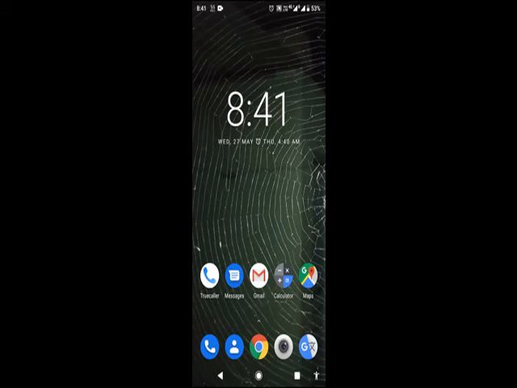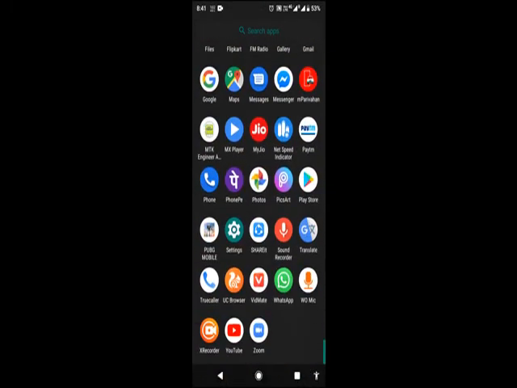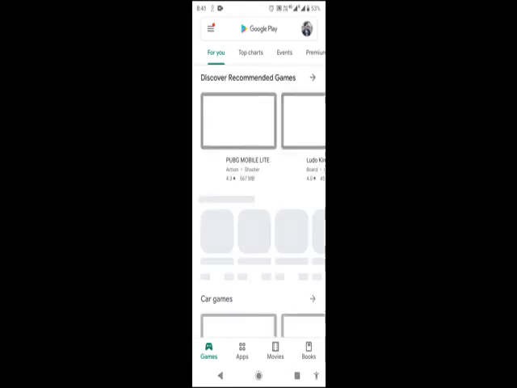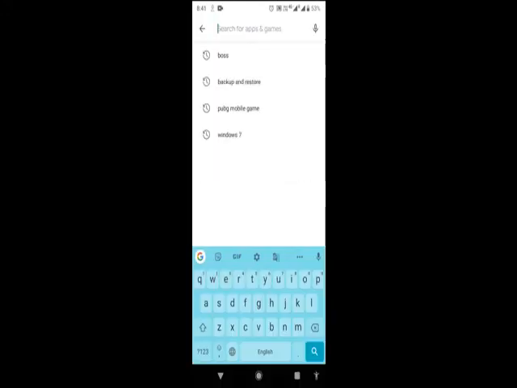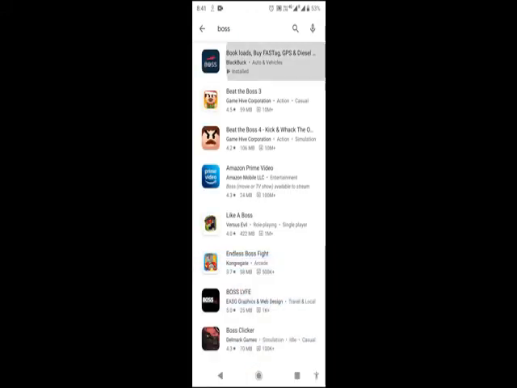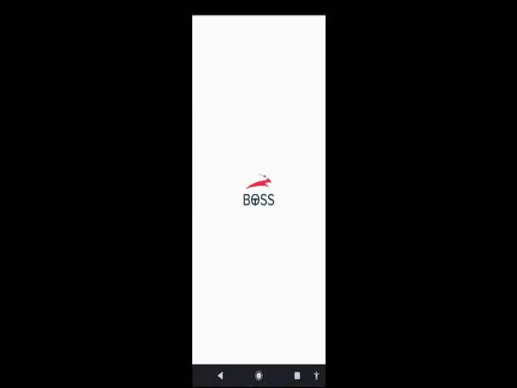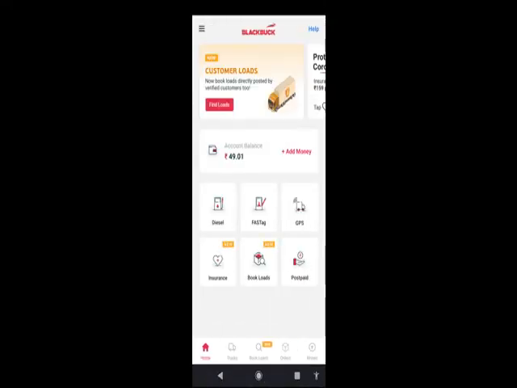Boss GPS. Okay, so first of all we have to install the app. So first of all we have to go to the Play Store and type Boss. Okay, install it, and after installing, open it, and after opening, we have to click on GPS. Okay,